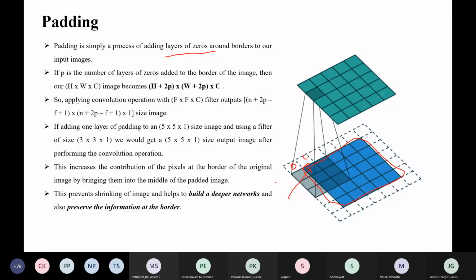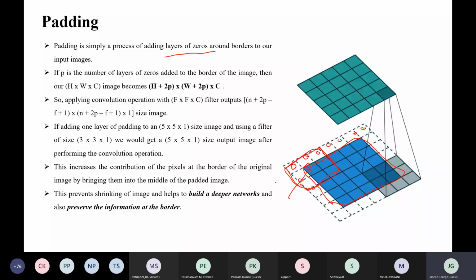Now when we do the convolution operation, we take this patch, and this particular pixel in the original image will participate more times in the convolution operation.